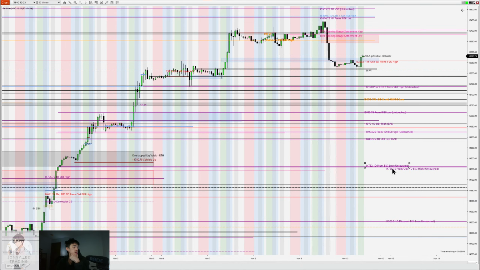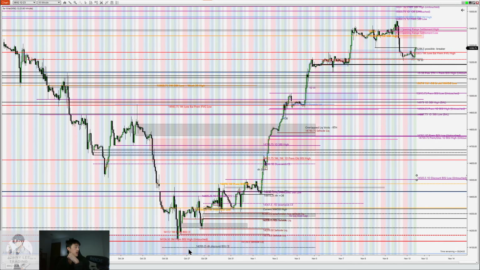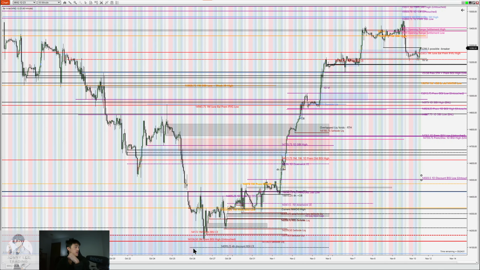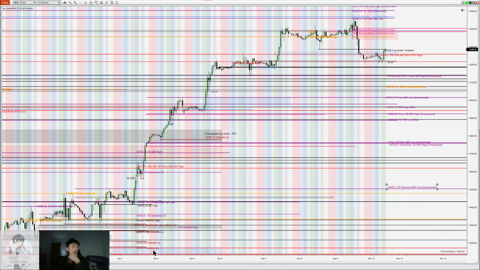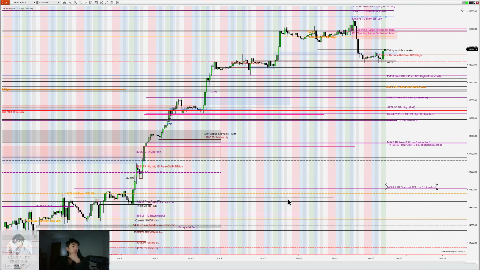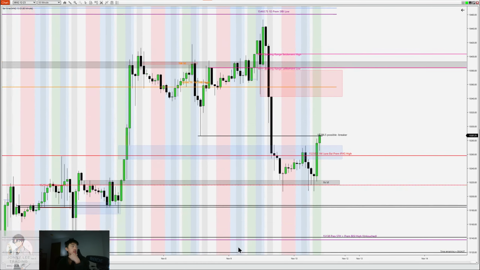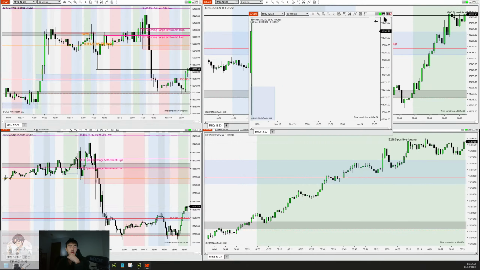672. These are really close together here. So we're gonna keep those. Those all look good. All these other ones have been traded too. So yep, we have the daily buy side imbalance, sell side inefficiencies to the downside marked. So let's see what happens today with the hourly, and we'll go from there.